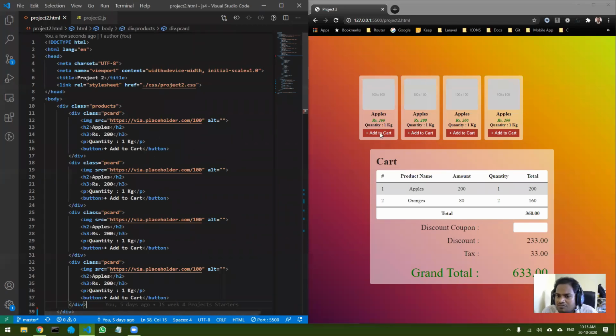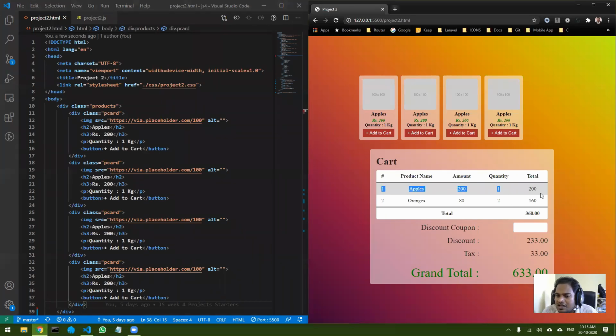There is an add to cart button, right? So whenever I click on this particular button, that product should be added to this particular cart. This is the second div. This div has a table, and in this table I am going to add the product. Now if I add the same product twice, there should not be 2 rows. Instead, only the quantity should change and the product cost should increase. And whenever I add a product, this total cost keeps on increasing, based on the total sum of all these things.